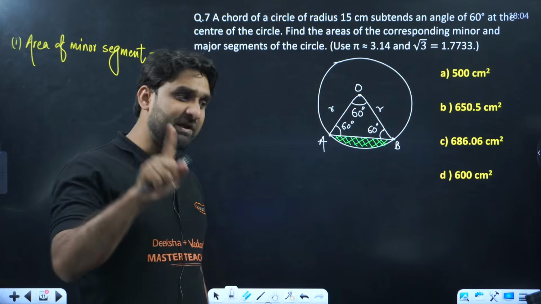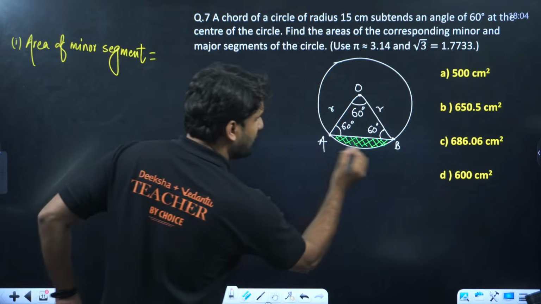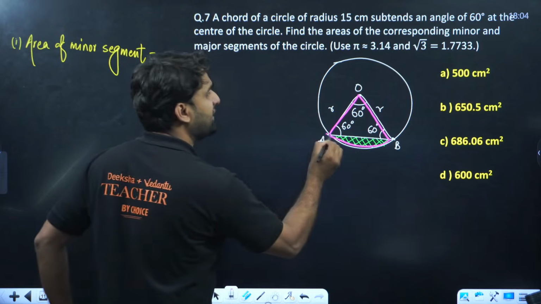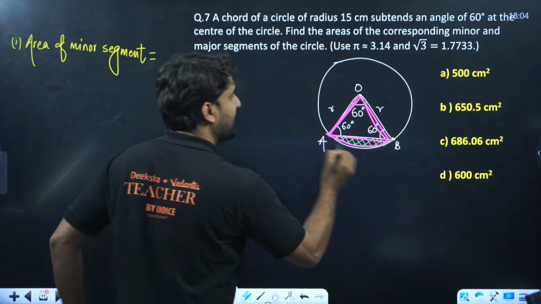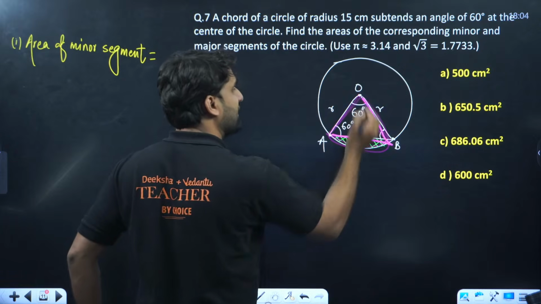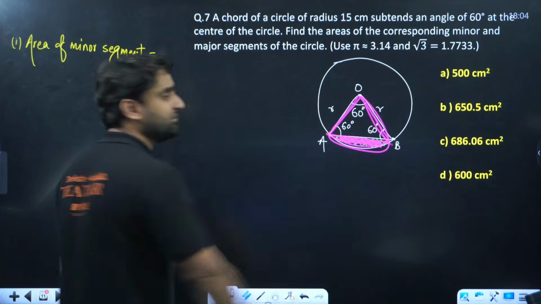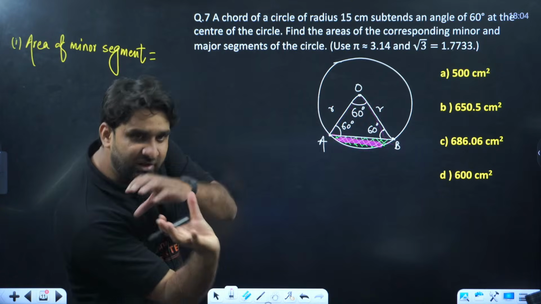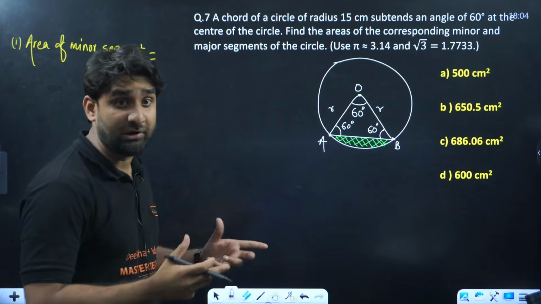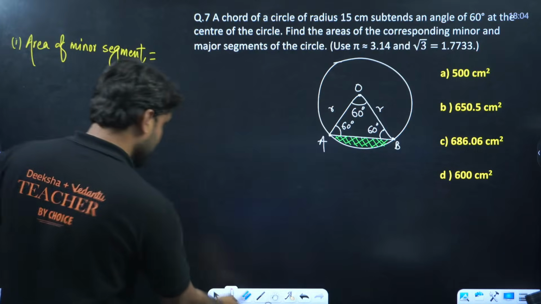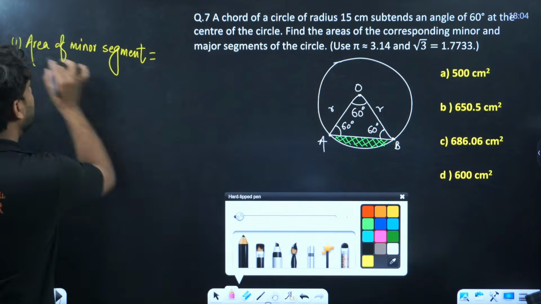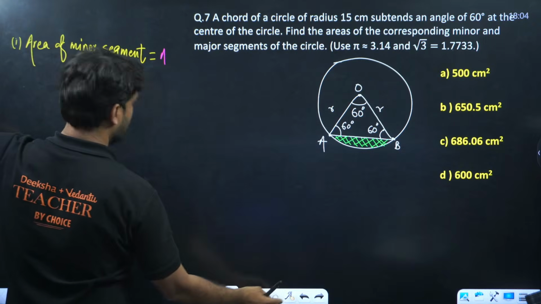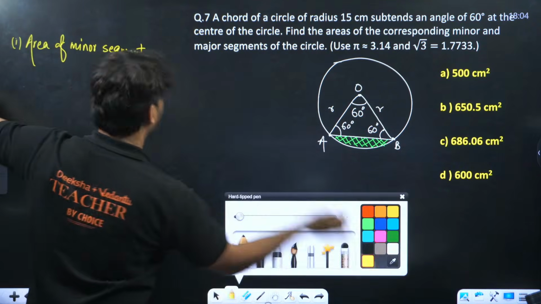So always find out the path. We have to calculate the area of this segment. Sector minus triangle. Entire sector minus triangle, we get the area of this part. Right everyone? The area of the entire sector minus the area of the triangle, which is equilateral because all the angles are 60 degrees. So my dear lovely kids, area of minor segment is equal to